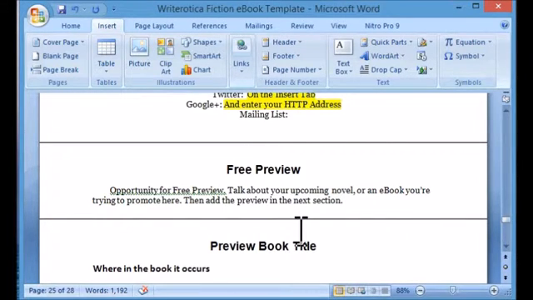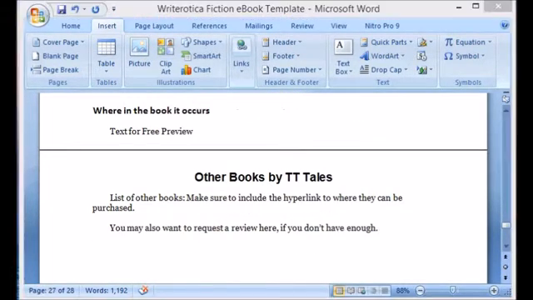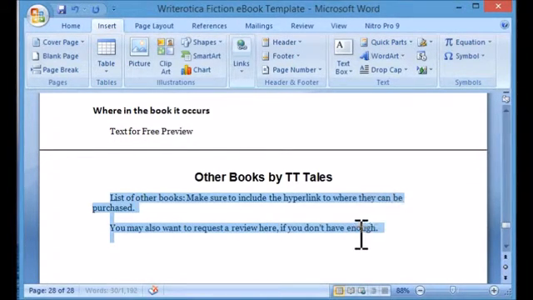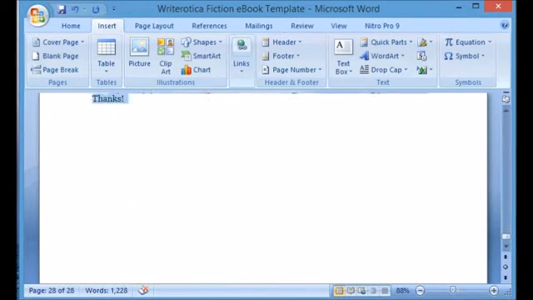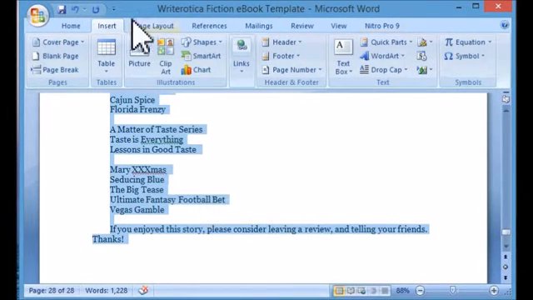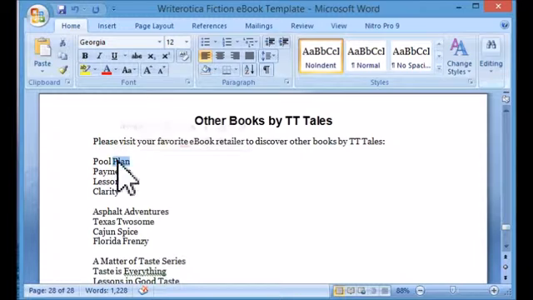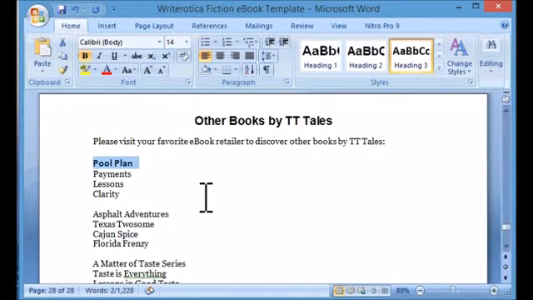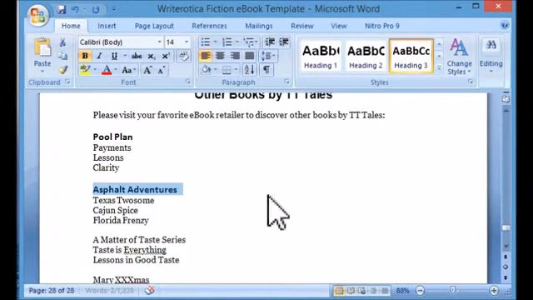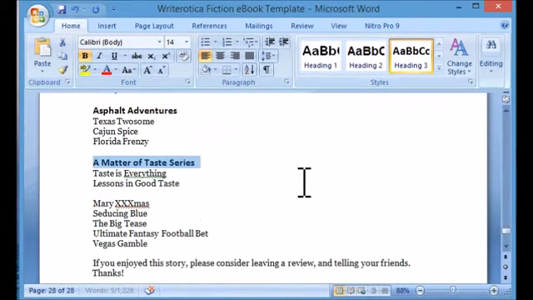I wouldn't change the free preview section because that's going to change with each book, but I would go in and definitely put in my bookstore. My bookstore is the final call to action. You just had a reader love your book, tell them, ask them to buy some more, ask them to write a review. So in this case, we're going to go back, we're going to make it all left justified. We're going to take the name of each series, we're going to make that heading type 3. And then we would go through to each of these books and add a hyperlink to the actual